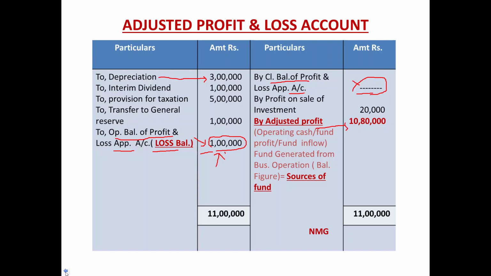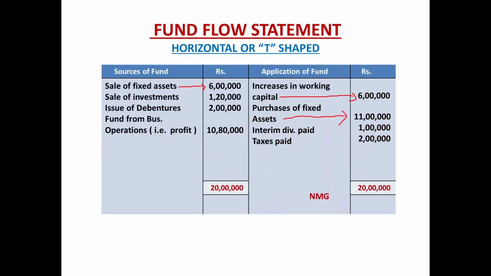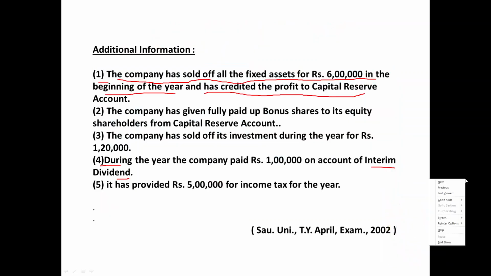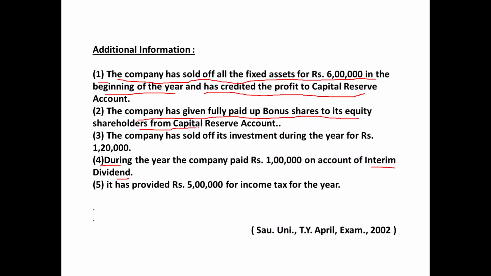So this was for the sale of fixed assets, item number 1 of the question. Let us verify the additional information once again for the remaining points of the question. Point number 2. The company has given fully paid up bonus shares to its equity shareholders from capital reserve account. See here, the company has not given the ratio